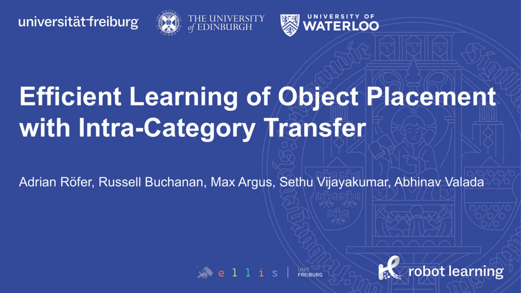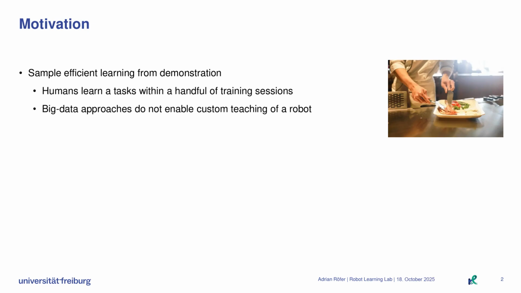We present Efficient Learning of Object Placement with Intra-Category Transfer. Sample-efficient learning from demonstration remains a challenging issue in robotic imitation learning. While humans can learn a new simple task with a handful of training sessions, this is not yet possible for